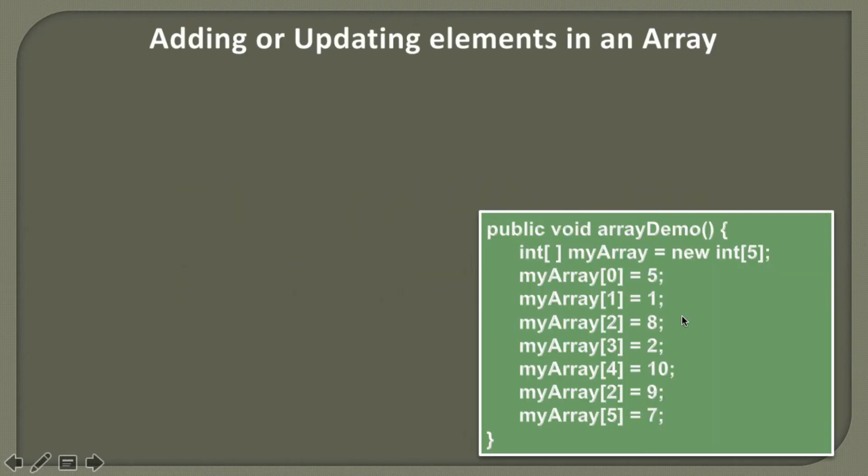So friends, here you can see, let's say we have this method as array_demo having a few statements. When we execute these statements in Java, we will see what happens to this array data structure. So when we call the array_demo method, at the first line what we are doing is declaring and initializing an array of integer type having a size of 5. When this line gets executed, you will see